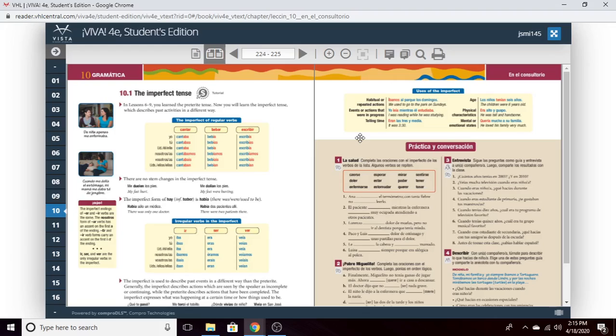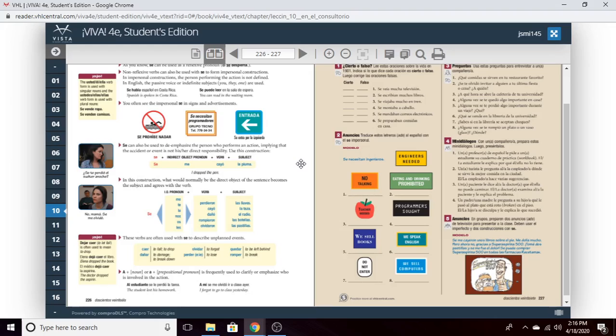So get ready for your composition to have a preterite section and then an imperfect section. So the preterite may be, one Christmas we did this. The imperfect section might be, every Christmas when I was growing up, we used to always do this. So the imperfect is a different past tense from the preterite, and it usually expresses used to.